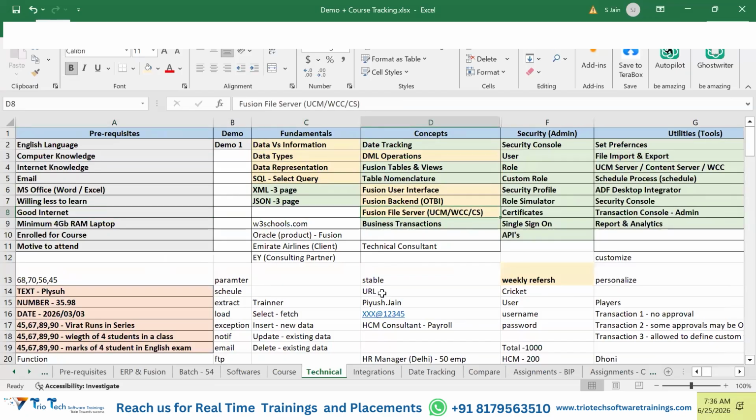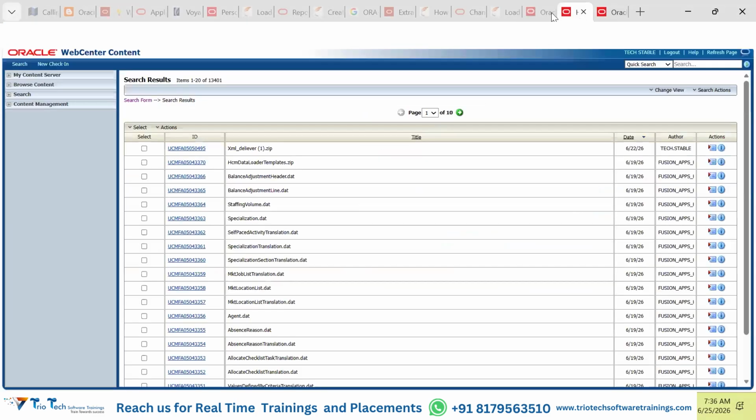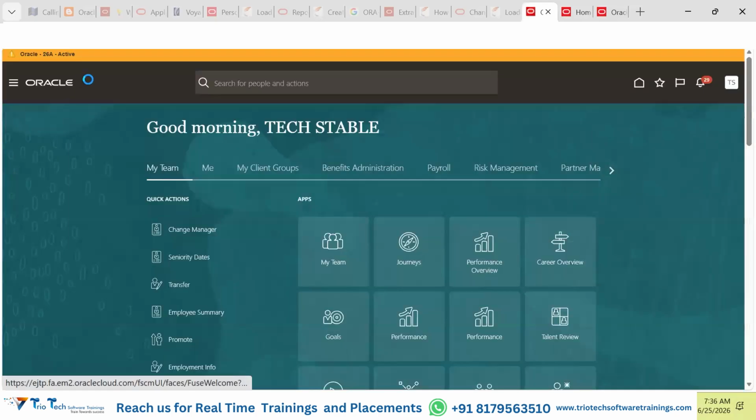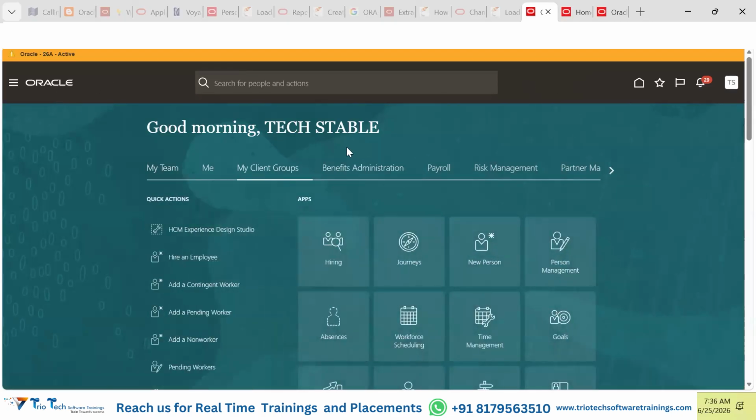Now, guys, let's understand this Fusion software in the UI, this is the software that we are getting. Once we click on login into this software, we will be getting a home page. Guys, this black portion is a global bar. It doesn't matter where you go, this black portion will always be there. Based on which user I have logged in, my name is coming, and this is a cloud-based server, running somewhere in some cloud. As per that cloud server's time zone, it is an intelligent system. It will greet you with good morning, good afternoon, good evening.